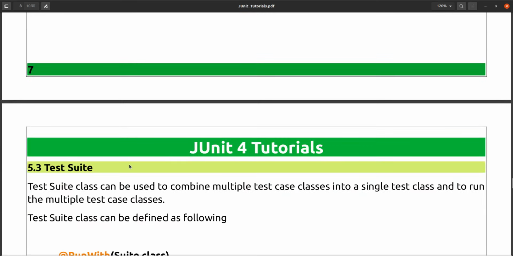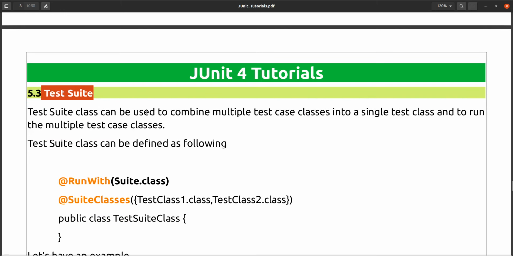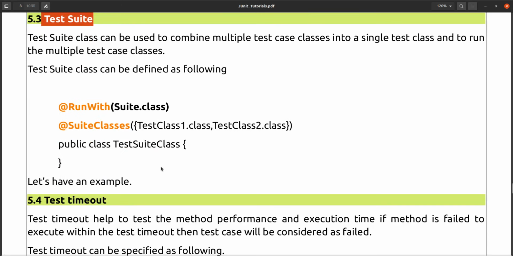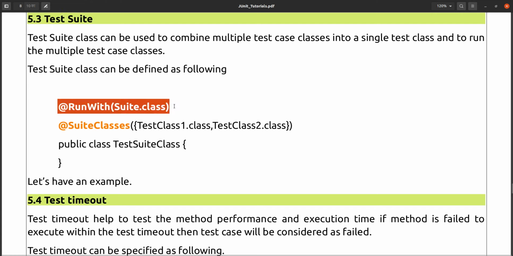And the next one is test suite. What is test suite? Test suite is nothing but similarly how we can run the test classes. Suppose we use RunWith, that we have already seen, but inside RunWith we have to give Suite.class. Why? Because we have to run multiple test classes, not one class.